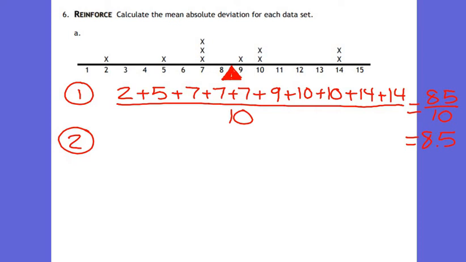Step 2 says to find the distance. Each point is away from the mean. So I'm going to take the left side first. Here's that mean. I need the distance away each point. I see this X on 7. That guy is 1.5 away. Agree? Yes. But there are 3 guys that's 1.5 away. So I could list 1.5 plus 1.5 plus 1.5, or I could be lazy and say 1.5 times 3 plus,